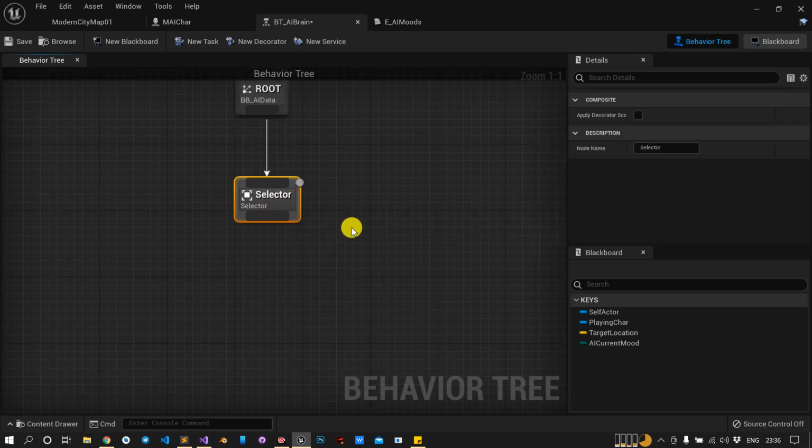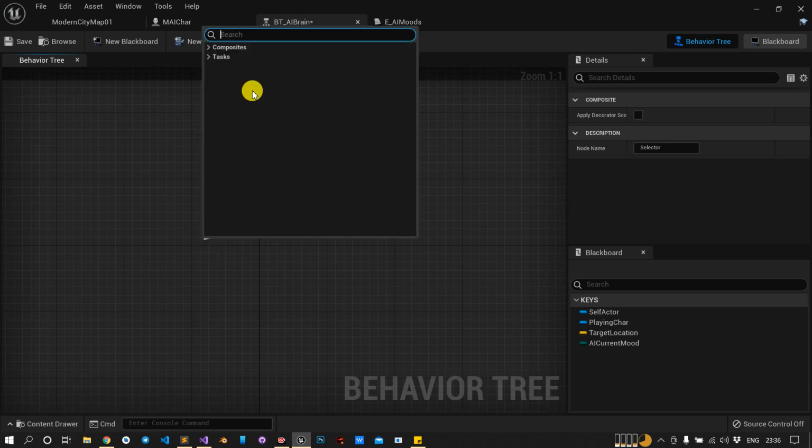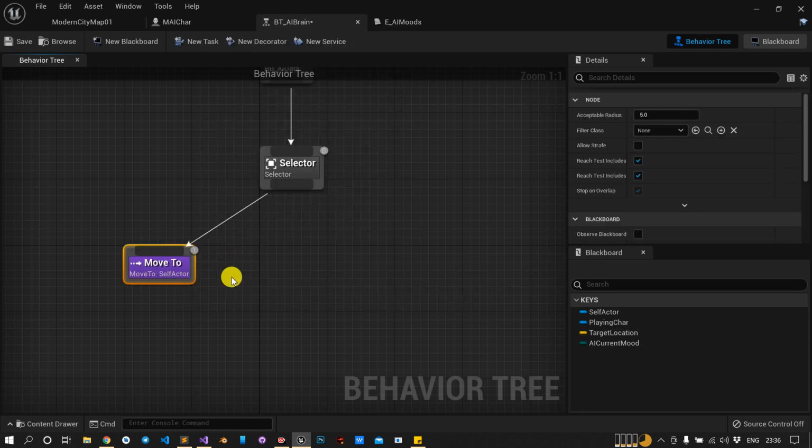Why are we using a selector? Because, just a second, here I will do go to, just use a task, and I will use move to some location.